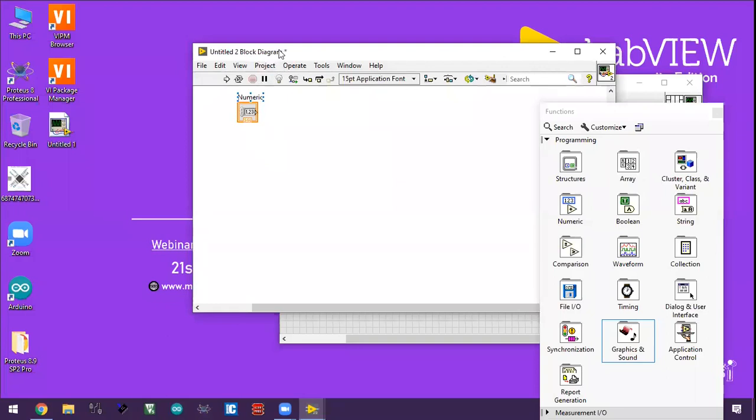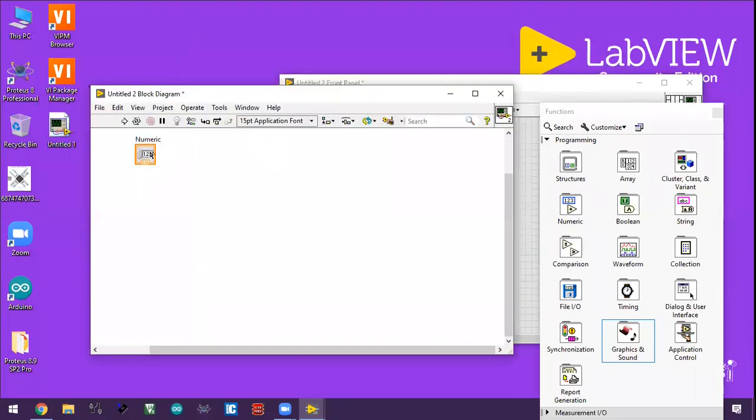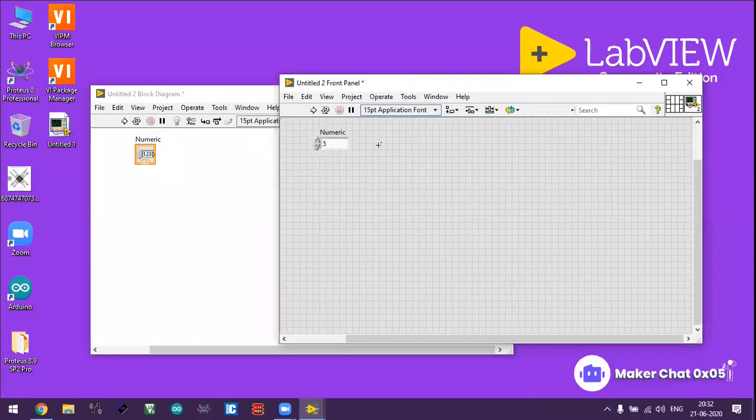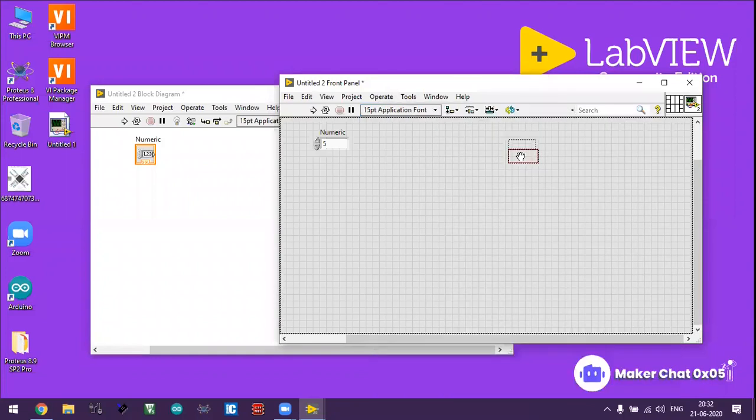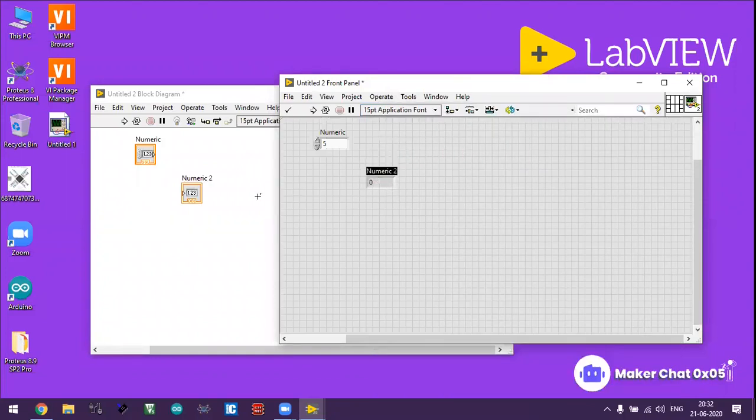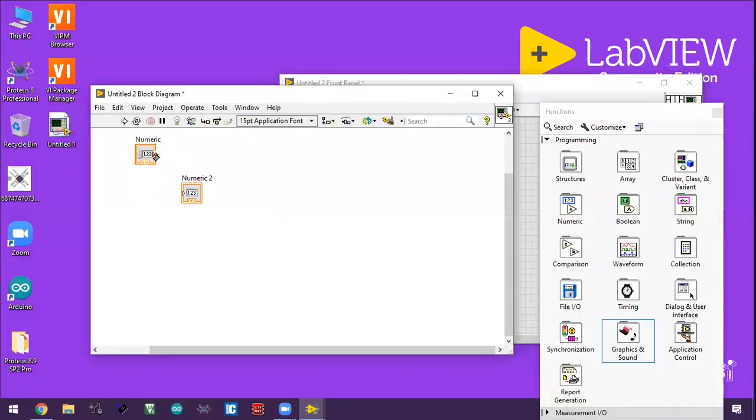See, in the block diagram there is one element called numeric control. So I have to add one numeric indicator. Okay. So this is an indicator. One difference is that this is a control element, so wiring goes out from it.